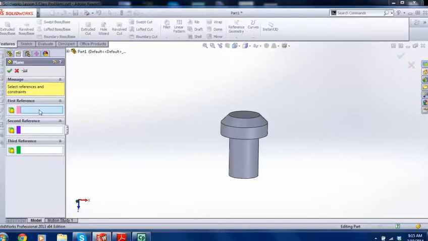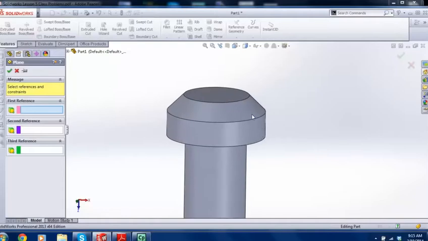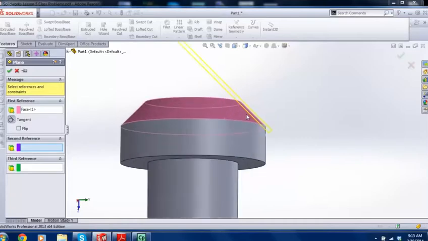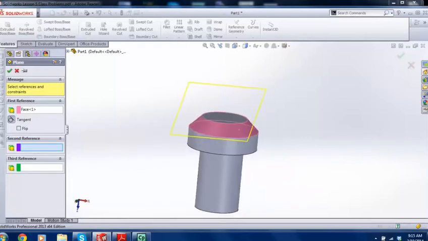I don't remember this first, second, third reference. I remember how to put it in. It's just from experience, really, how I do it. So let's play with this and see if I can get it to work. I'm going to click on this face, and it puts a plane on there straight away that's tangent. And we probably could use that. But if we give it a second reference,